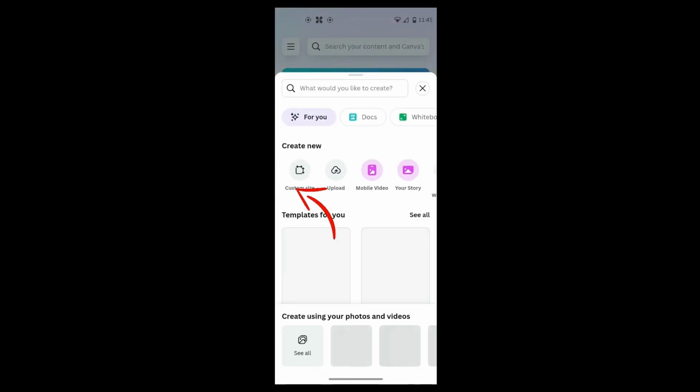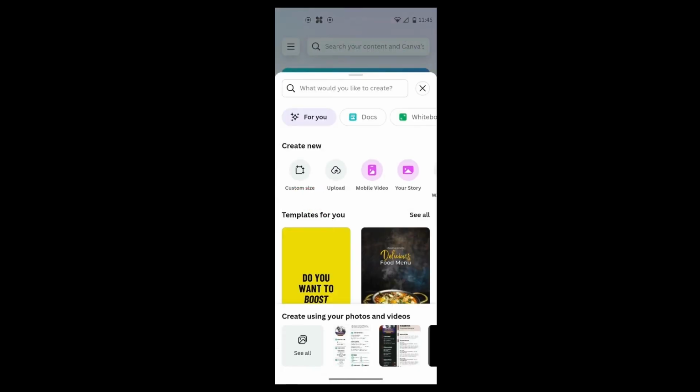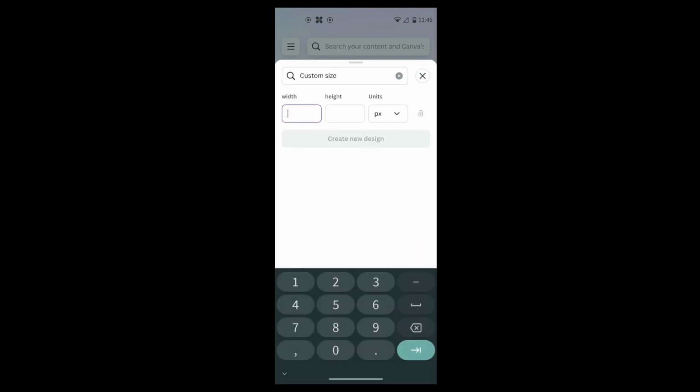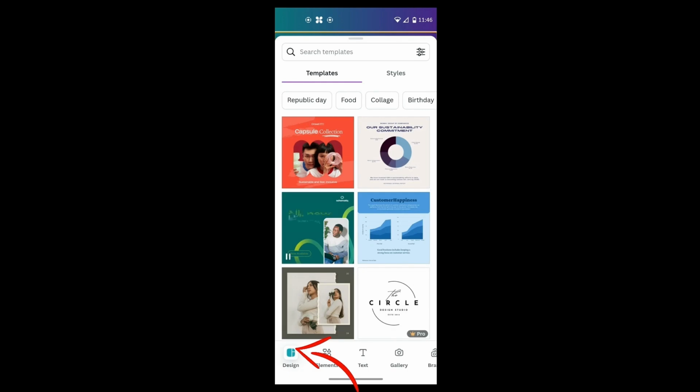After opening, click on custom size. Set your height unit here. Whatever height and width you want to set. Here I am giving a width of 400 and height of 400. Please click. After leaving, click on the design below